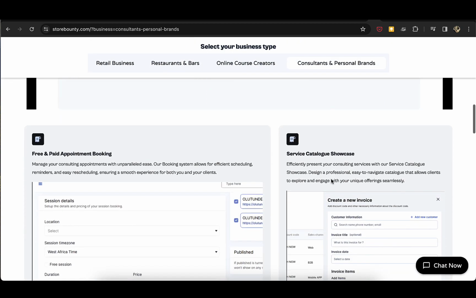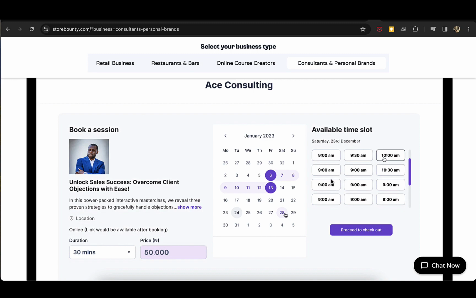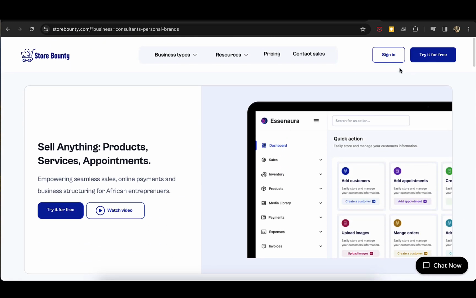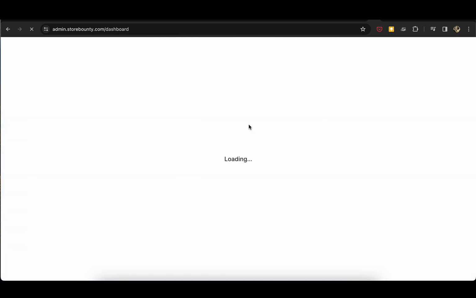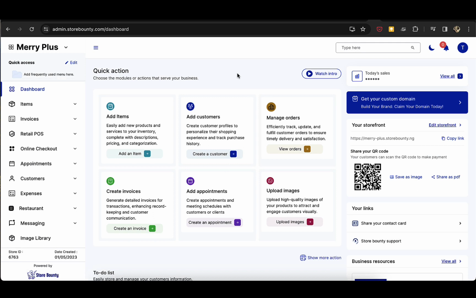But I will be logging into the platform to show you the exact features that we have. So I click on login to take me to the platform. I'm already logged in, so this is the dashboard. When you log in, on the dashboard we have quick actions that show how you can easily navigate to different